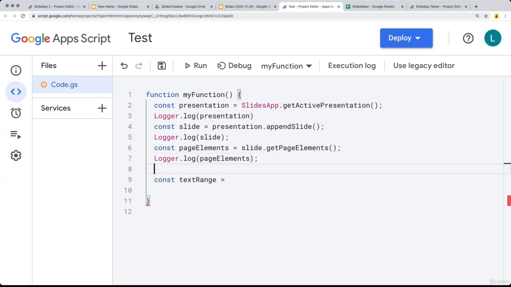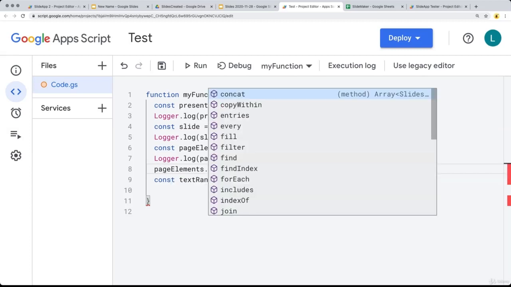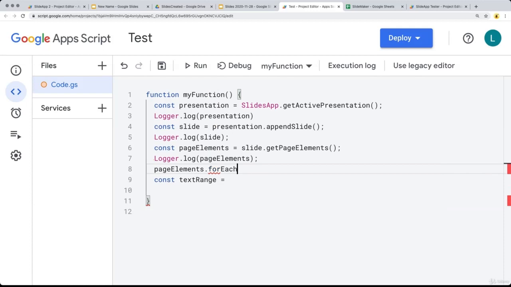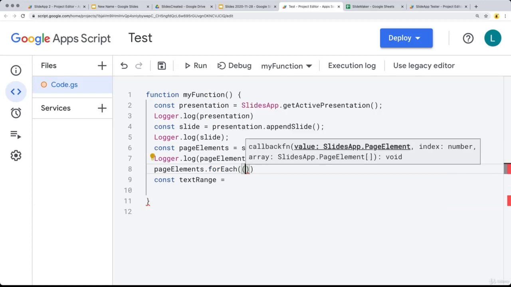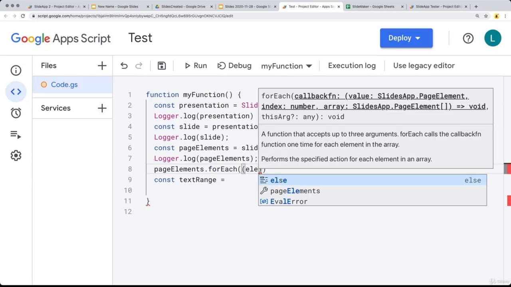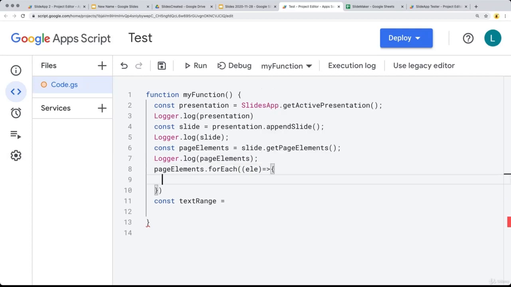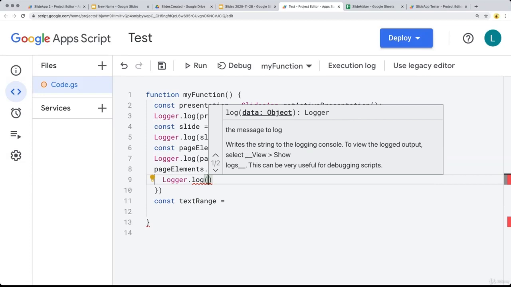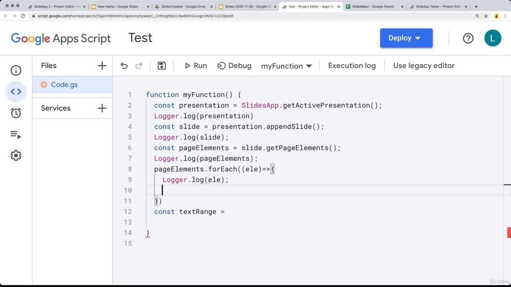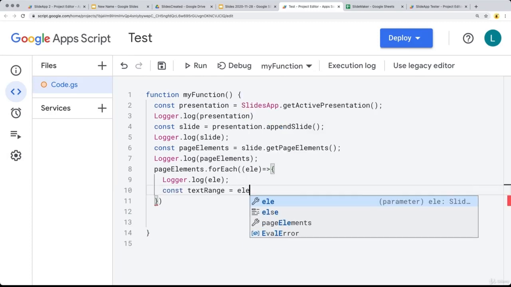and then within each one of these, so for the page elements, this is returning back an array. So we can use a JavaScript method, forEach, to return back the element object. And within the element object, we'll list out the elements individually. And then this is where we can select from the element the additional content, such as the text that's contained